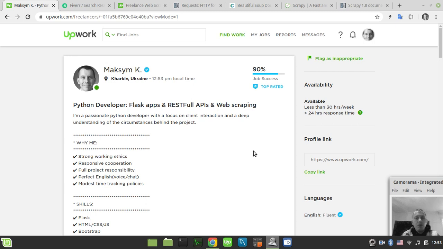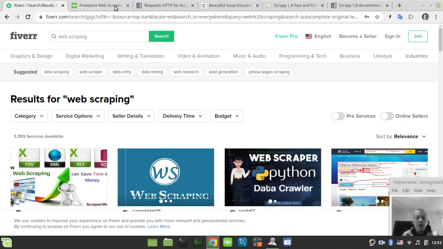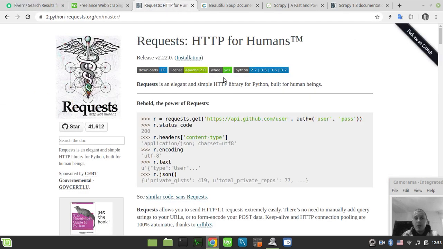Before we go to the jobs posted at either Upwork or Fiverr, I would like to cover the tools that are the most common use cases when we talk about web scraping.